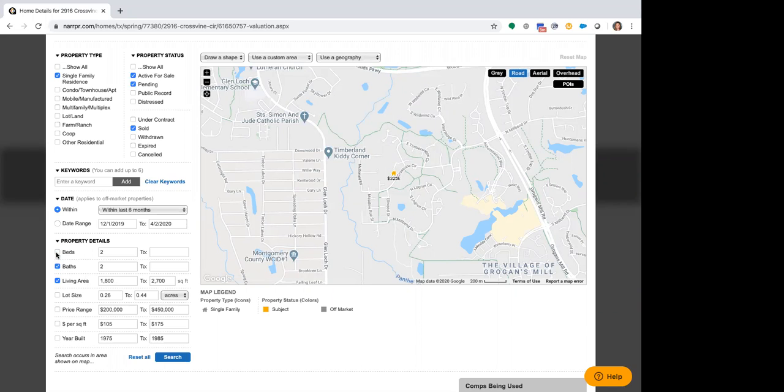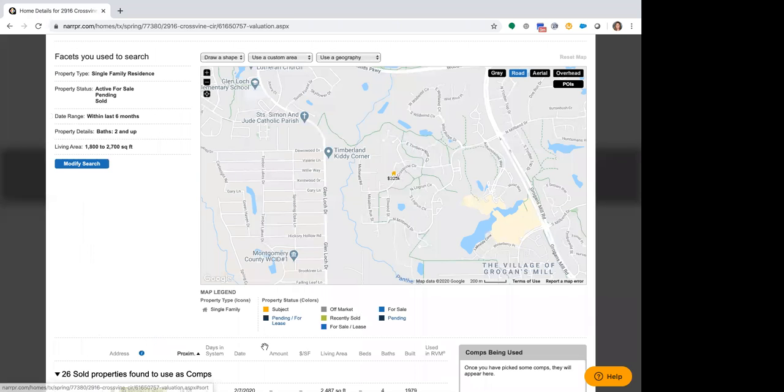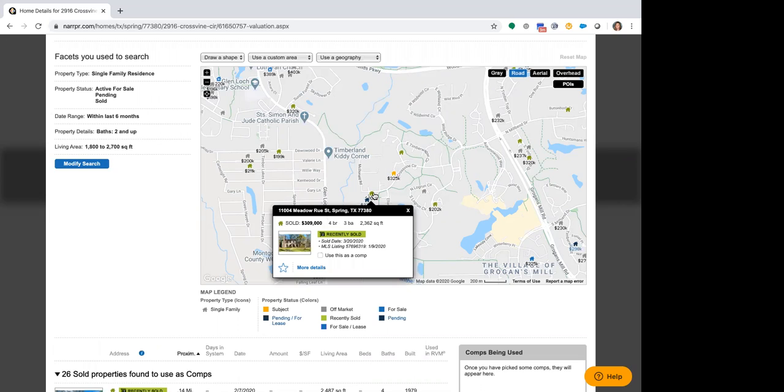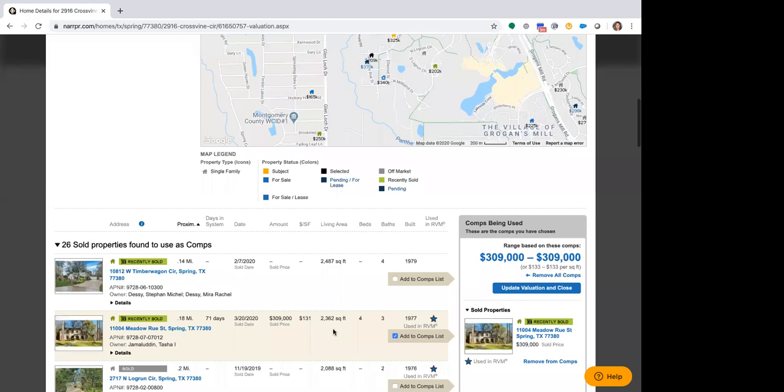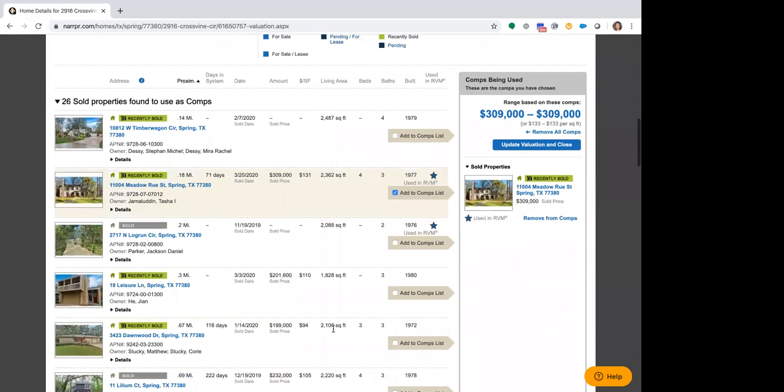Maybe you're not looking for a definite bedroom count. You can hit that search button and all of those comps are going to pop up right within your map view. So I can come right in and say, here's a comp. We want to use this property. So I can pull those comps right from my map view, or I can scroll down and pull my comps